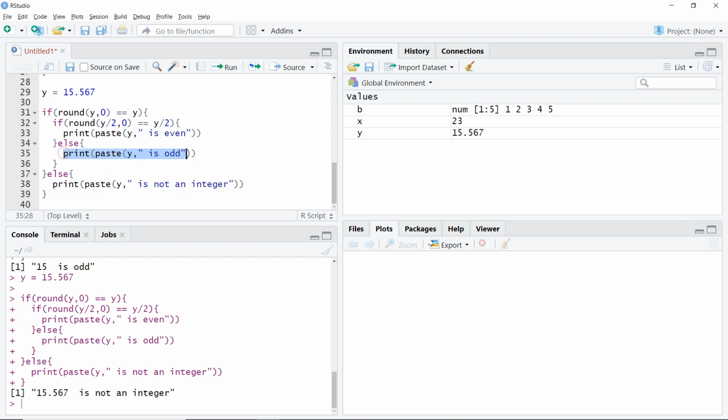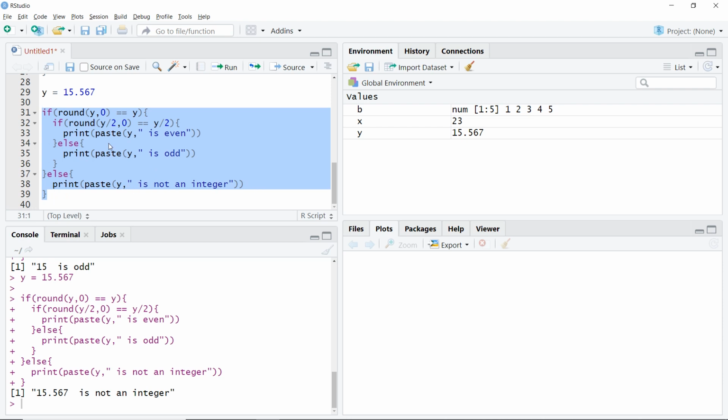Now instead of printing a particular value, we can do further procedures here and we can use this. And we can make functions out of it, we can make loops out of it. We are going to see both of those in further videos. We'll see functions, we'll see loops, and how we use these if else statements in those kinds of things.